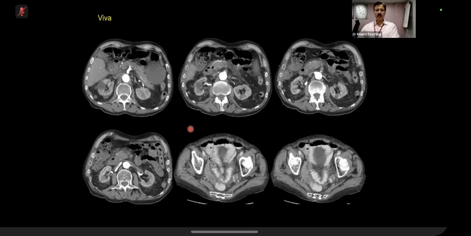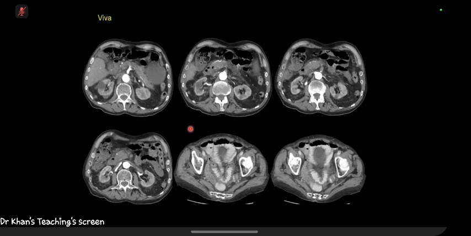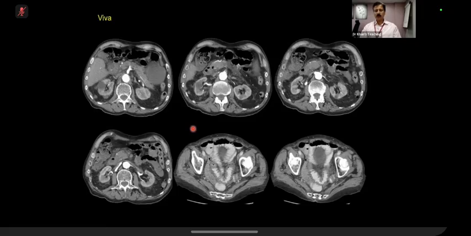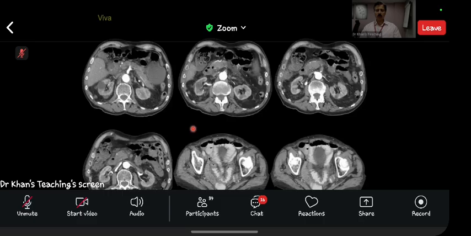What is the key finding? Okay, so there appears to be some gas in the bowel wall. Okay, I'm not interested. Anything else? The bowel wall appears to be thickened. Anything else? So what I'm trying to teach you is that when you get a case of ischemic bowel, there